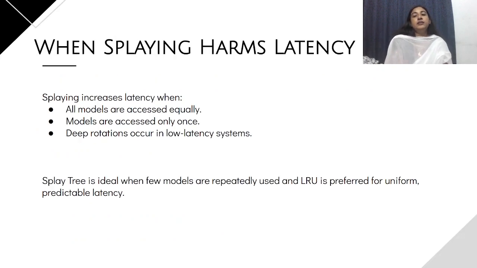There is the splay tree, or the splaying harms latency. When all the models are used equally, then the latency happens. When models are rarely reused, then it may occur, when the deep rotation occurs in a real-time system. Mainly there are some options where LRU is better, and there are some other options where the splay tree